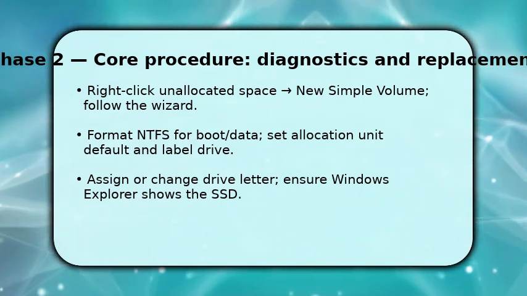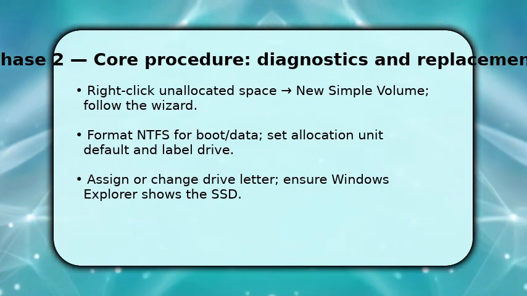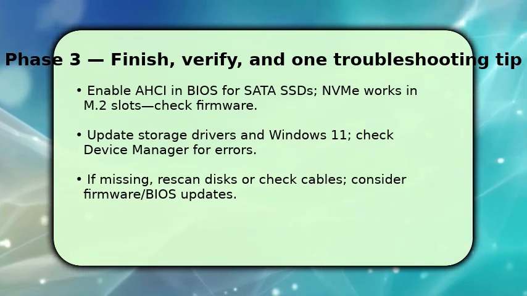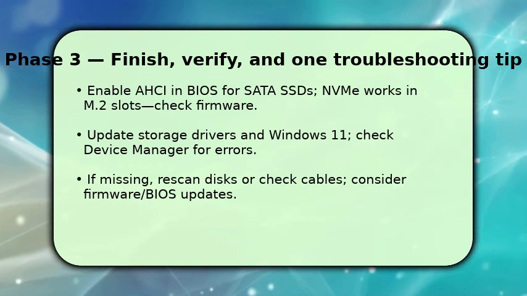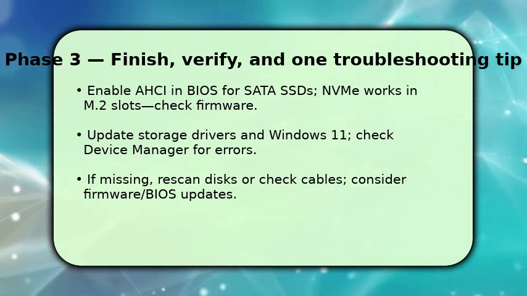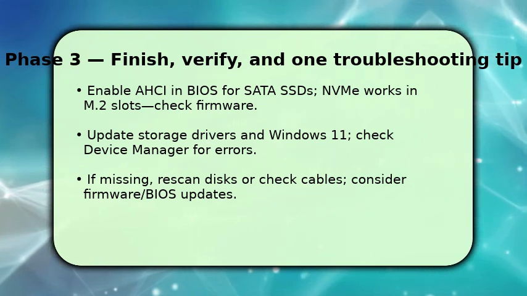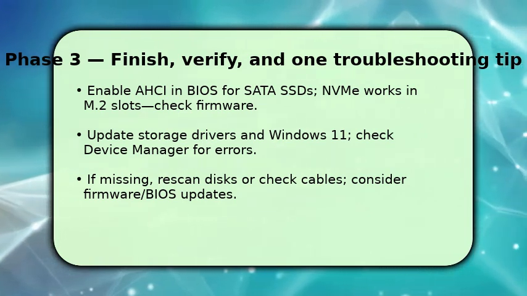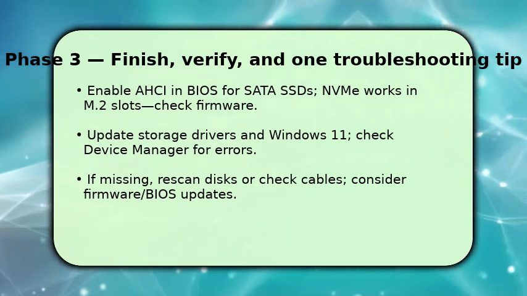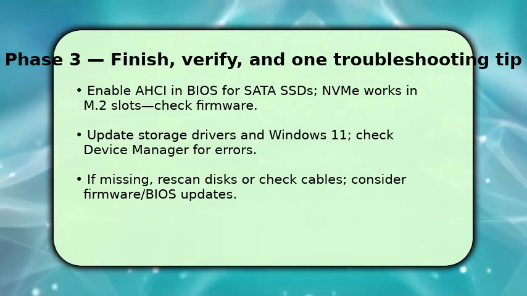Performance tuning comes next if you want top speeds. Finish by optimizing settings and resolving common issues. Make sure AHCI is enabled in BIOS for SATA SSDs because it enables TRIM and better performance. NVMe drives need the correct M.2 slot and NVMe support. Update storage drivers and run Windows Update. Device Manager will show any driver errors. If the SSD still doesn't appear, rescan disks in Disk Management, reseat cables, try another port, and consider a firmware or BIOS update. If that fails, swap the drive to